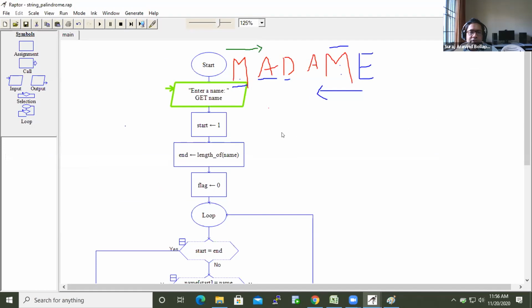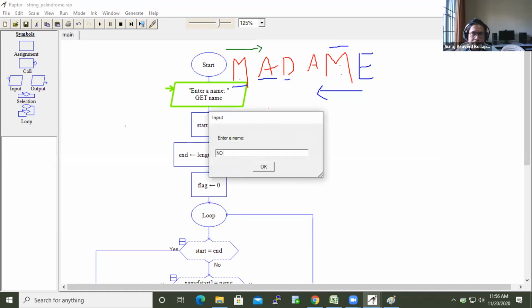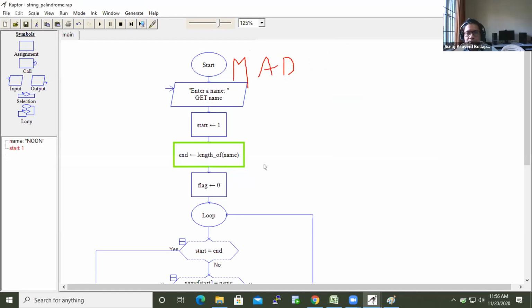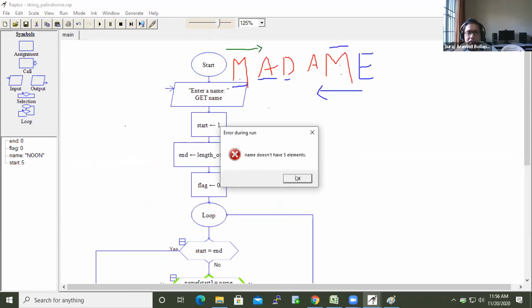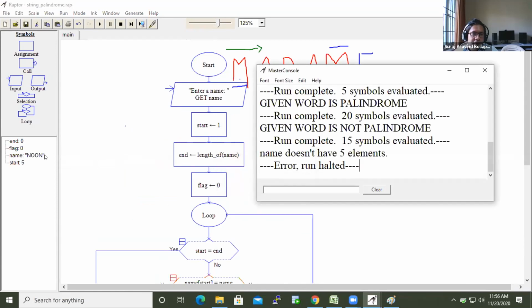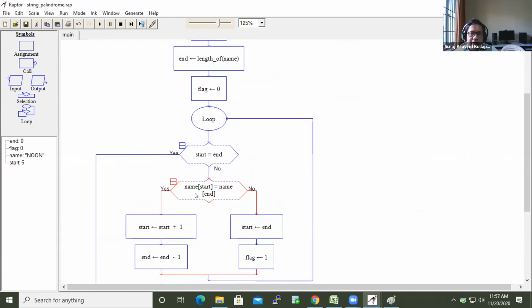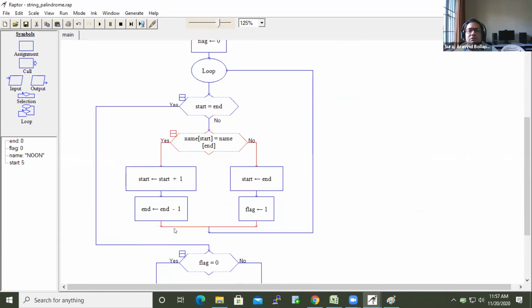I try to test for an even letter word. Oh, it doesn't have 5 elements. Something went wrong for an even word. Why are you incrementing for noon?